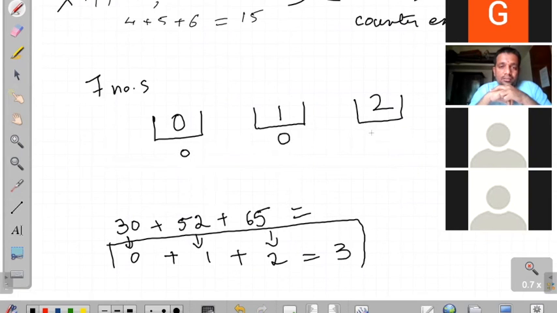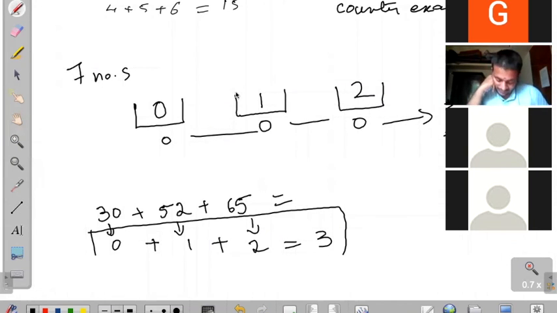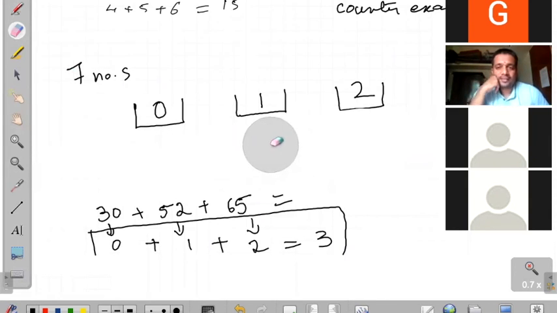Okay, so I put 1 here, 1 here, 1 here. Oh, but these will add up to give a multiple of 3. Yes. So the worst case has now turned into the best case. Ma'am, I think the worst case is 2 numbers in pigeonhole 1, 2 numbers in the second pigeonhole, and 2 in the third.